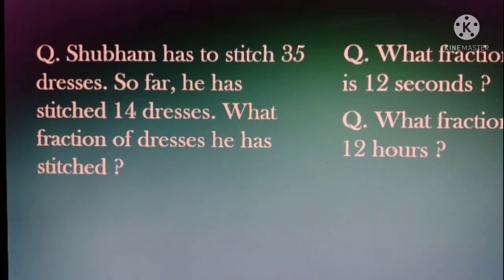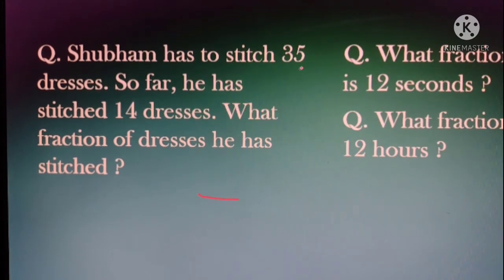Shubham has to stitch 35 dresses. So far he has stitched 14 dresses. What fraction of dresses he has stitched? First of all, fraction, that means a division line, and below the division line you have to write total number, whole. So he has to stitch 35 dresses. So 35 will be in the denominator. Okay,